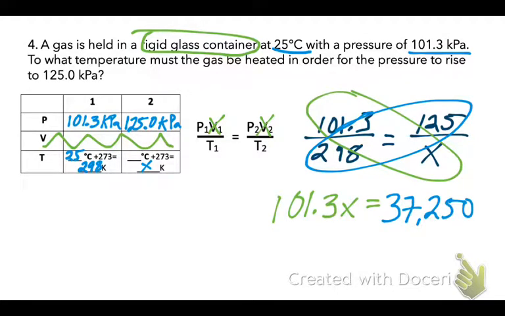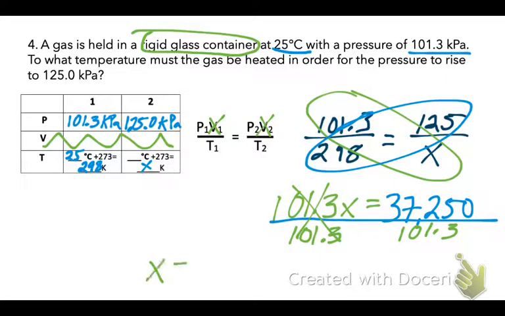I have to solve for x, so since 101.3 is next to my x, that's what I'm dividing by. 101.3x. Well, not the x. That's really on both sides. If I want to show it this time, I'm doing it on both sides. It cancels it. So that means x equals